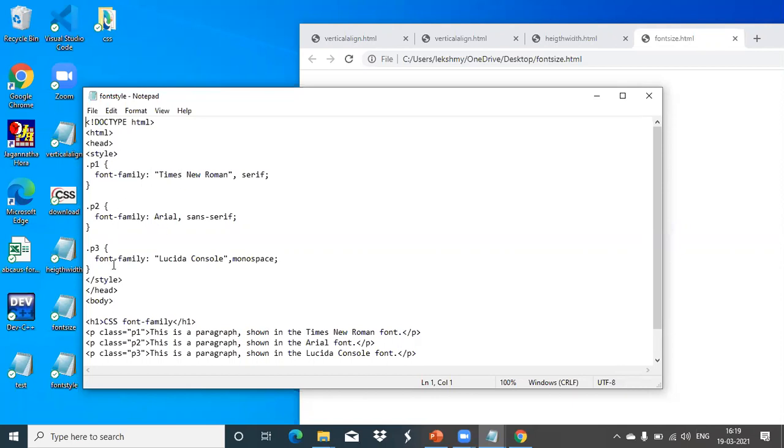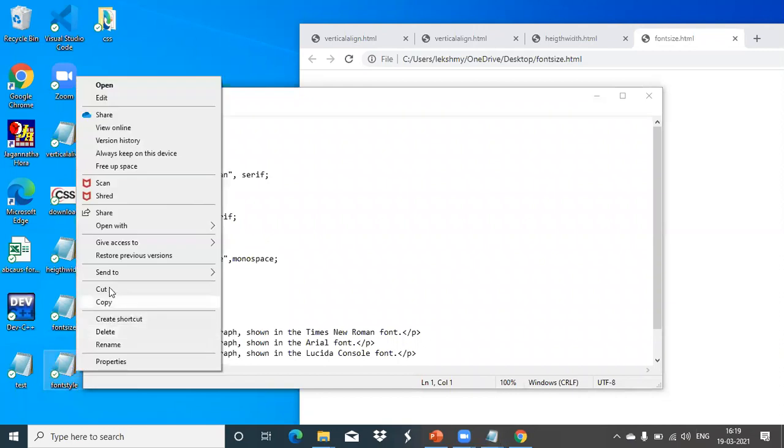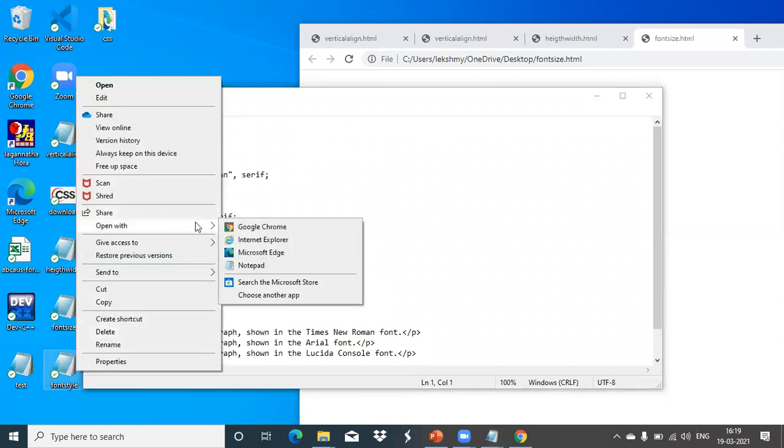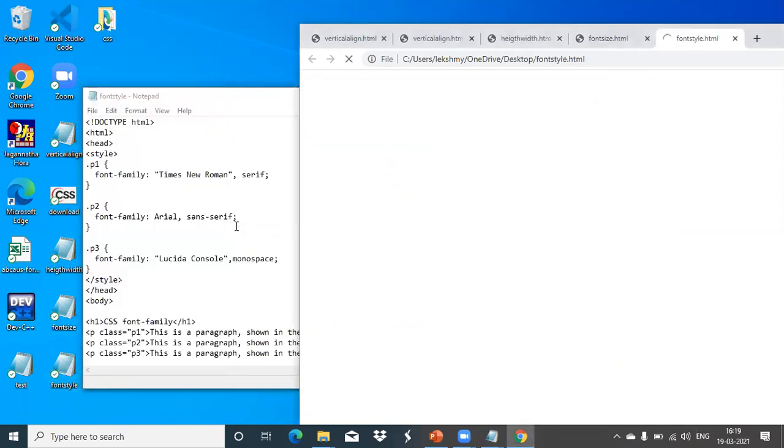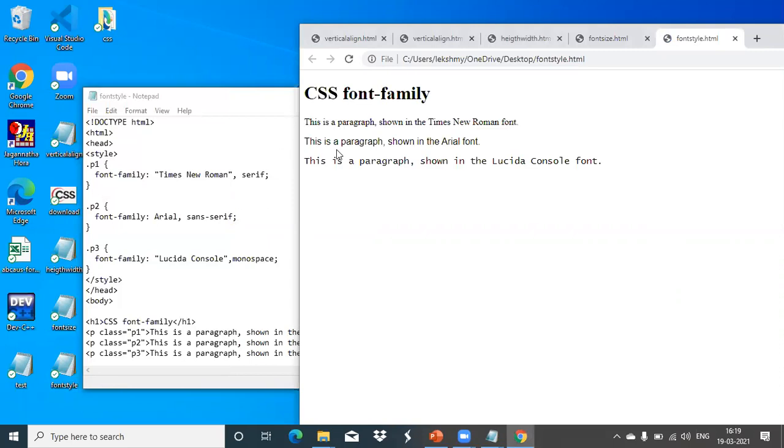That is the styling for the paragraphs P1, P2, P3, like this. So the P class names are P1, P2, P3. These are the paragraphs we have given here. We can view what the output is. So like this, the first paragraph is showing with the Times New Roman font.